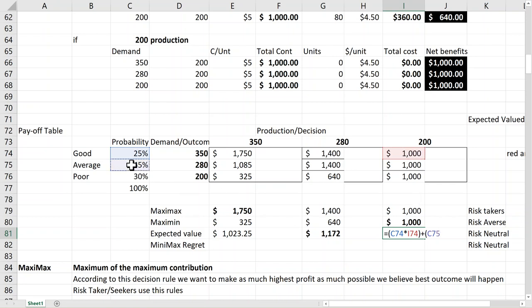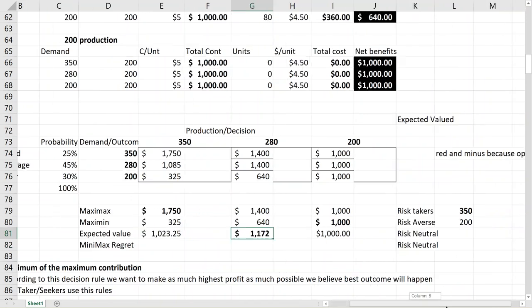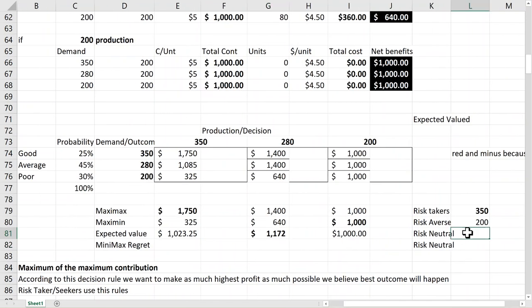So if you find average of it, the result will be 1000. So highest of the average is 1172. So risk neutral will decide on 280